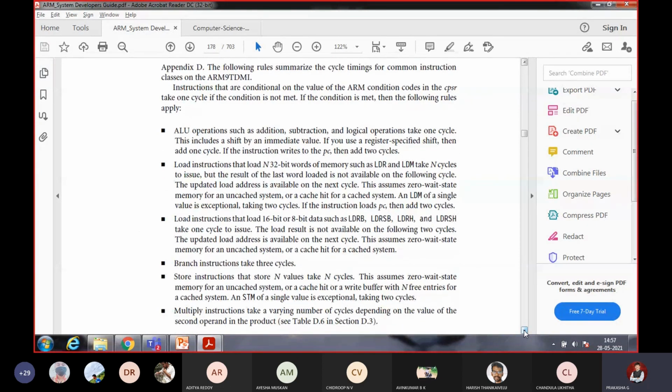Instructions that are conditional on the value of the ARM condition codes in the CPSR take 1 cycle if the condition is not met. Okay. If the condition is met, then the following rules apply. Assume that if the condition is not met, it will take only 1 cycle. If the condition is met, then it will follow these rules.